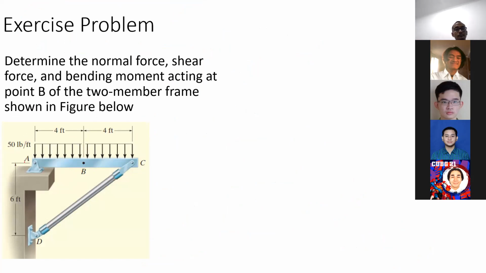But first we have to solve for Ax, Ay, and the force at C there. It depends on which one that you want to solve, the left section or the